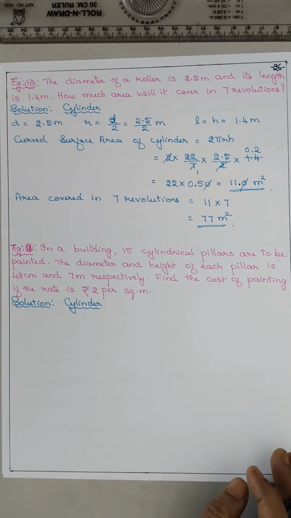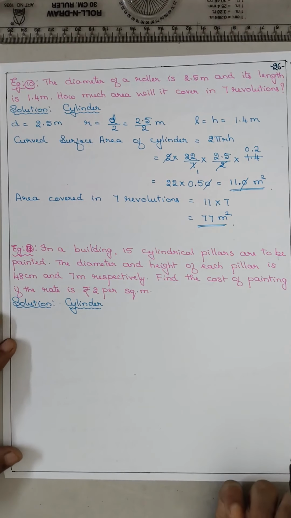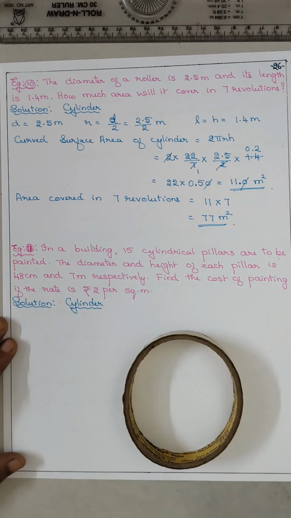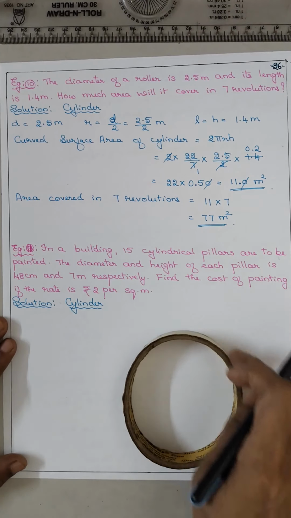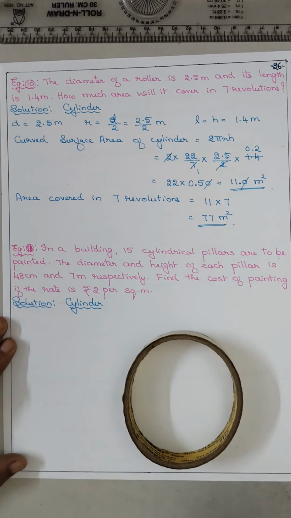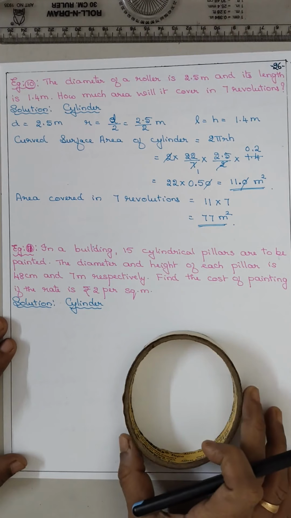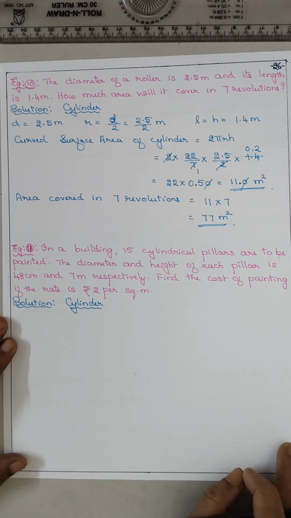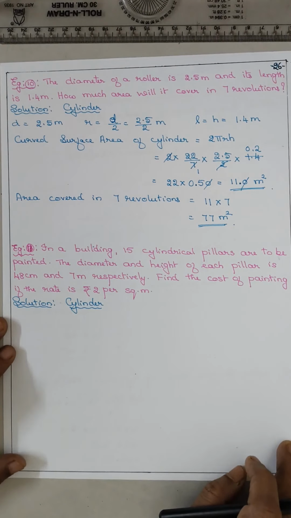Usually in the stilt area or the car parking area of a building, the pillars are there, isn't it? But the pillar is cylindrical. So find out the area of one pillar, but for painting, think: do we paint the top and the bottom? No, we only paint the side. We paint only the side area. So it is the CSA again. So we have to understand whether we have to calculate the CSA or the TSA.